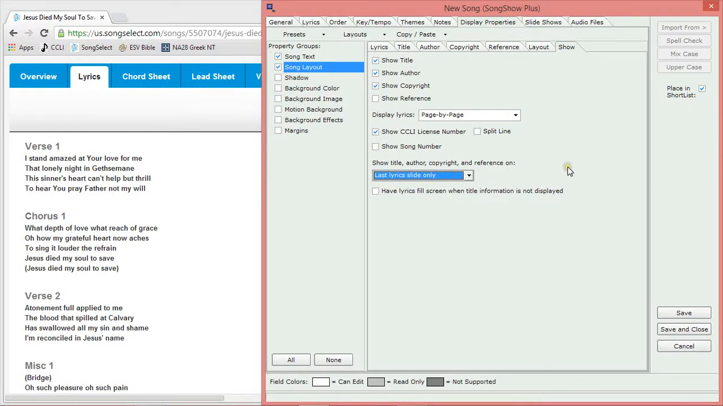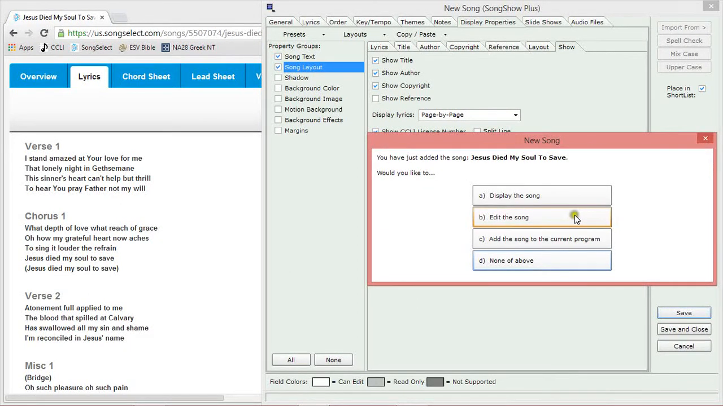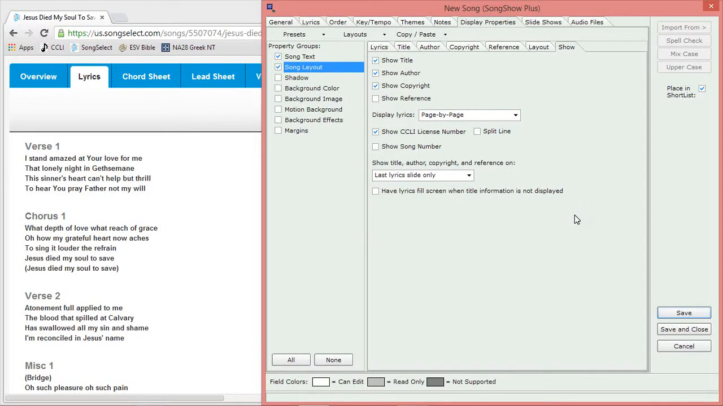Now, one of the things that I like to do as I'm putting this information in is save it periodically so that if something happens, I don't lose my work. So I'm going to save it now. But then I'm going to select B, edit the song. I want to continue to edit. So now it's saved my progress, and I can continue to edit. But I want to answer the question of why do we select page by page? If we go back to the lyrics tab,